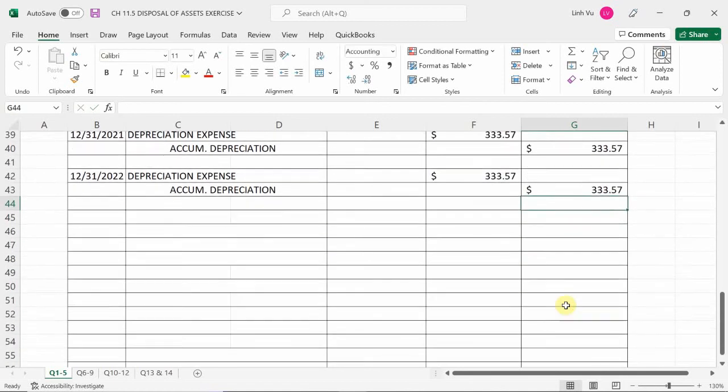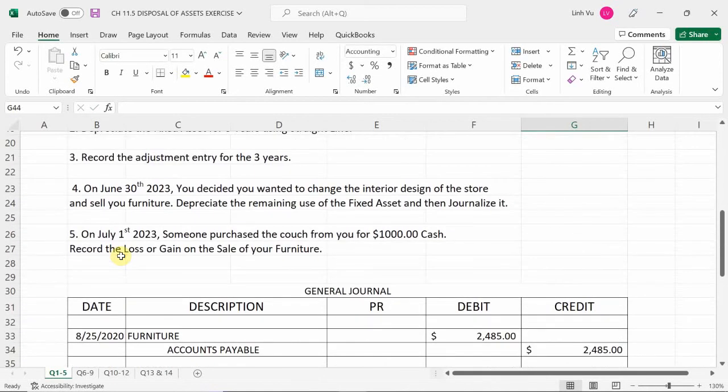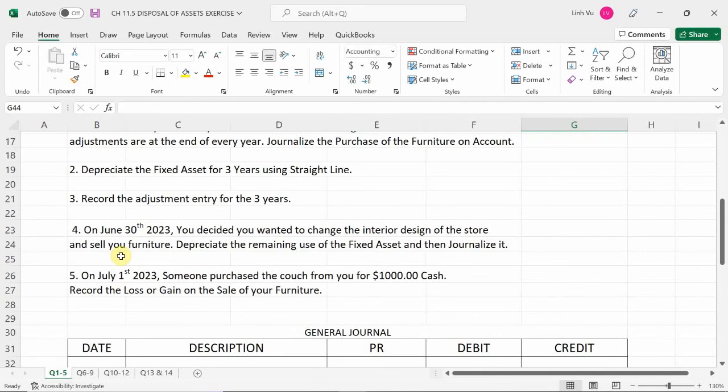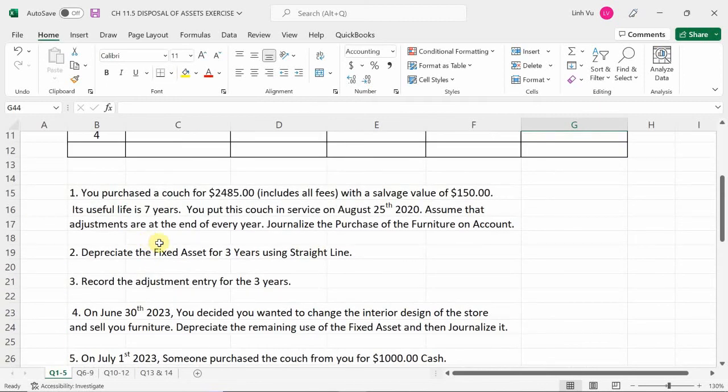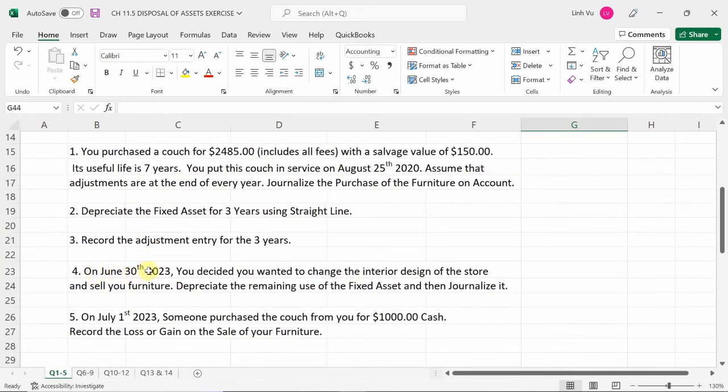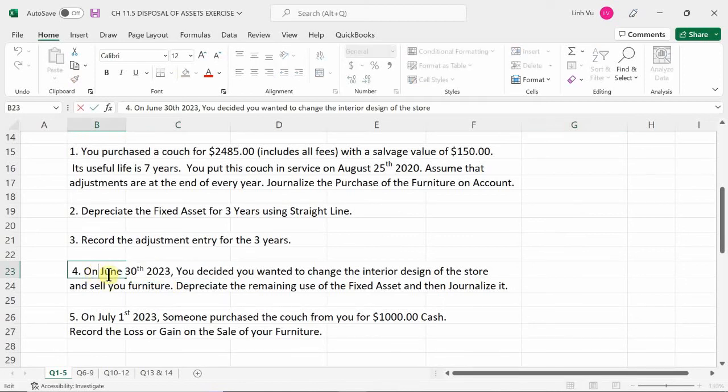Okay? Good. All right, question number 4. When did I put the asset into service? 2020. Okay, I miscalculated. Sorry. This is supposed to say 2022. All right, so in this case, on June 30th of 2022, okay, you decided